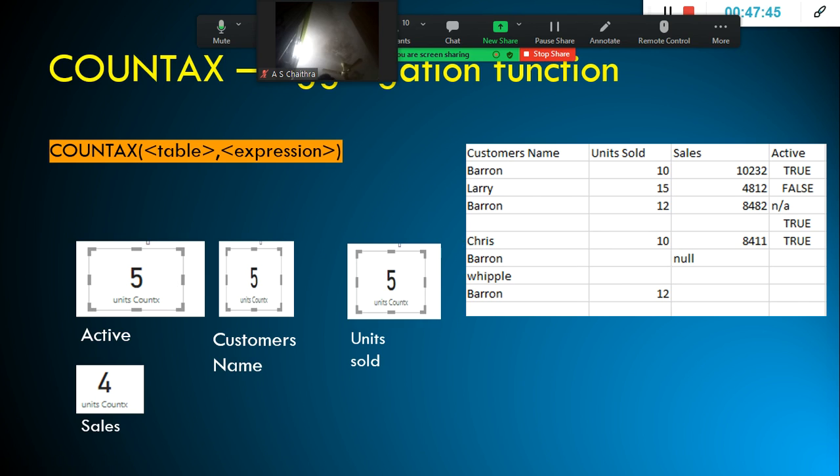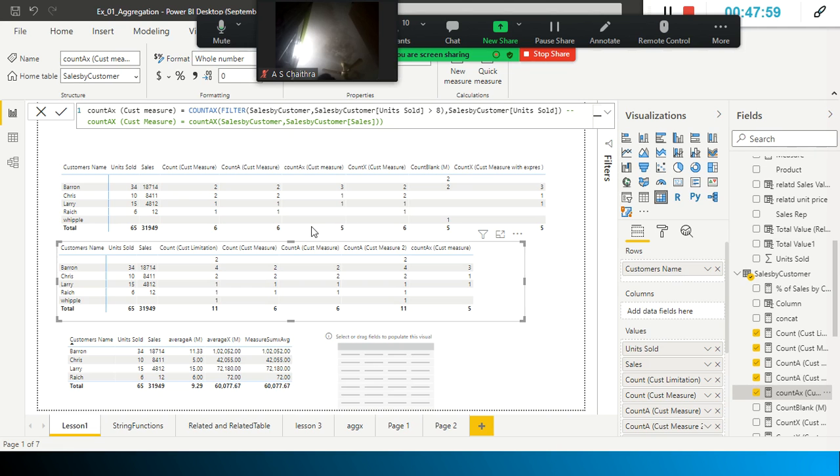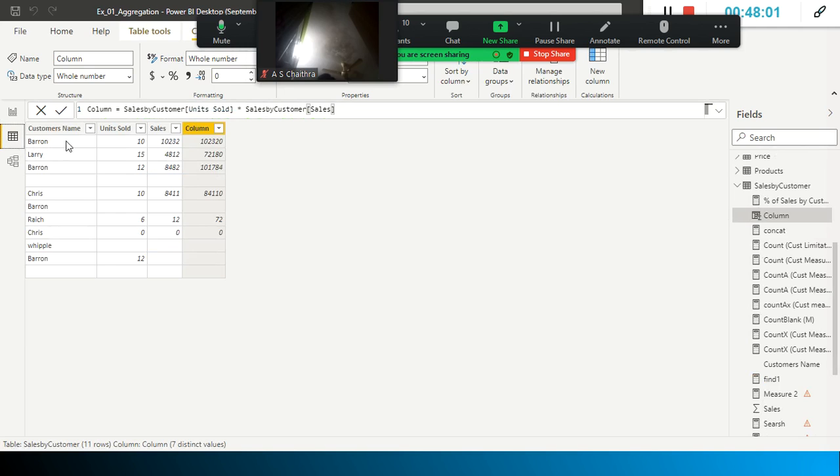And 5 is for active. Active already has 5 records, 5 values, hence it is 5. Everything is fine. When it comes to COUNTAX, it considers null also. That's what we have seen here. Anyhow, we will go and check the same data here also. So here, greater than 8, units sold is greater than 8.